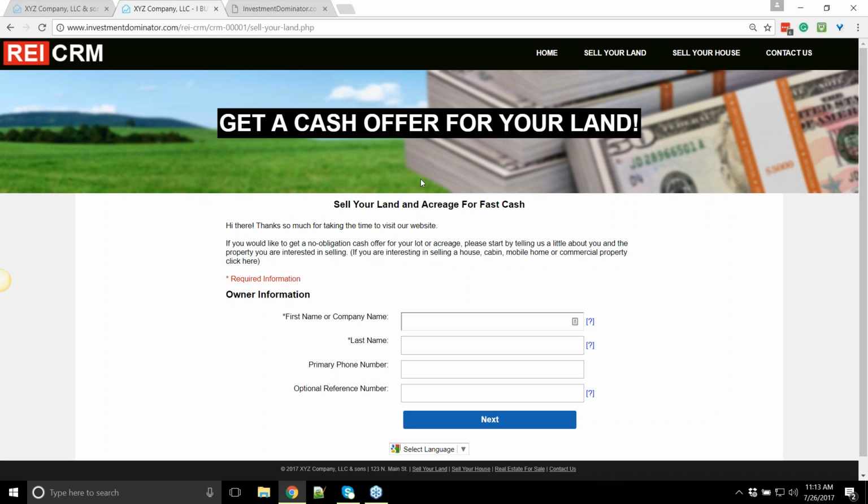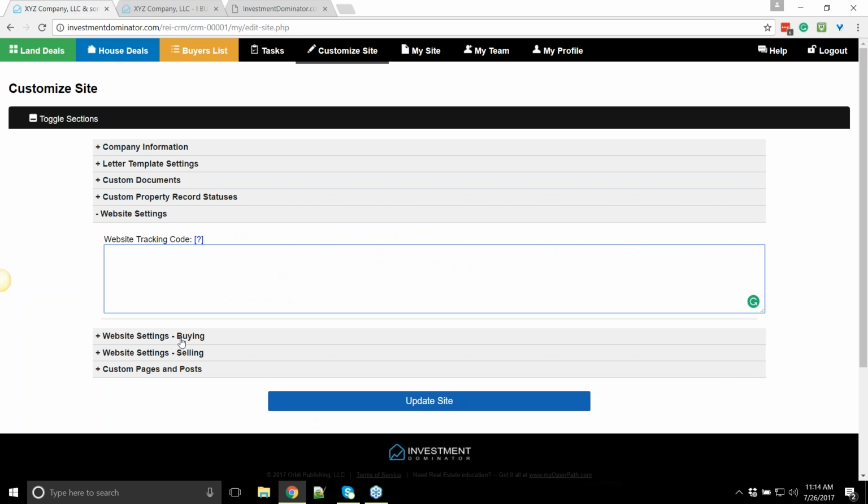So again, I don't want to confuse people that just want that too much on this stuff, but I do want to make you aware that you can customize things. You might need the help of a web guy to help you with this, but I just want to show you the concept of it more than anything. Because what I'm showing you is not a feature of the software. It's more of a